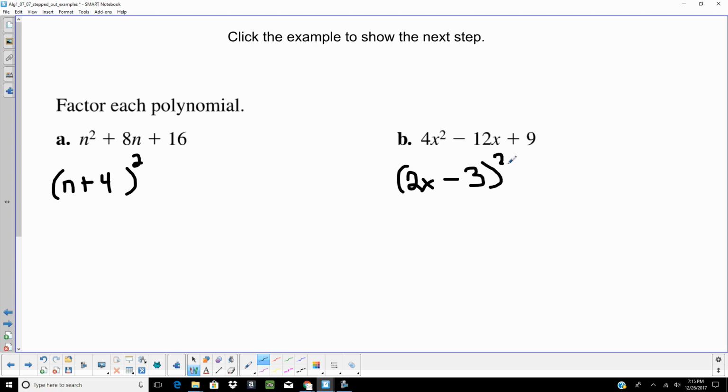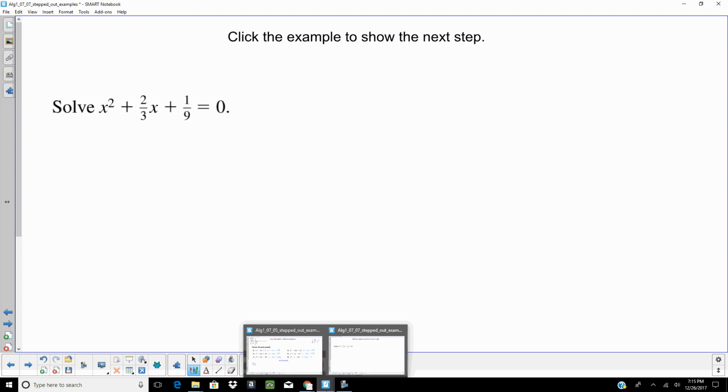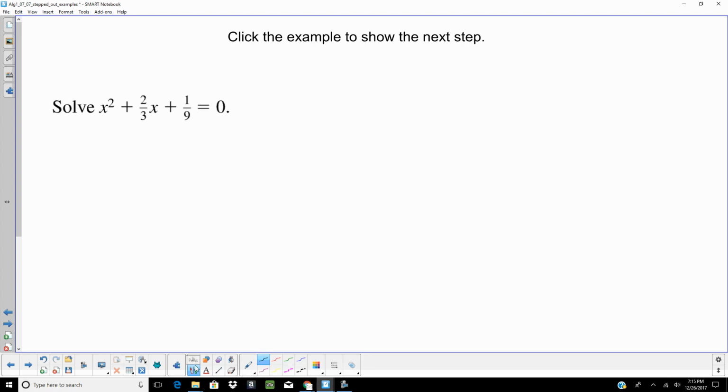I'm going to double check that middle term. 2x times 3 is negative 6. Double it and I get negative 12. All right, this one,